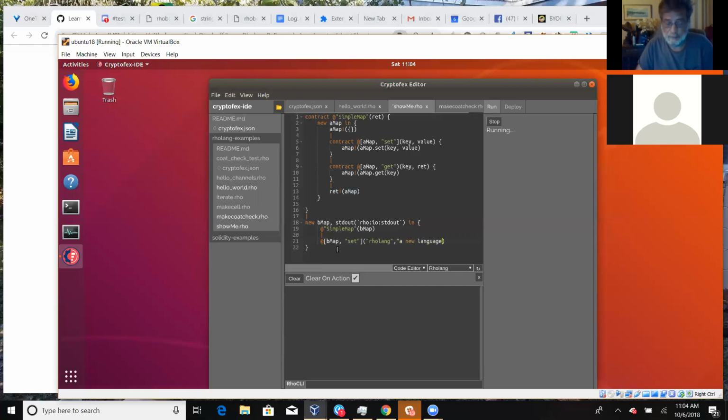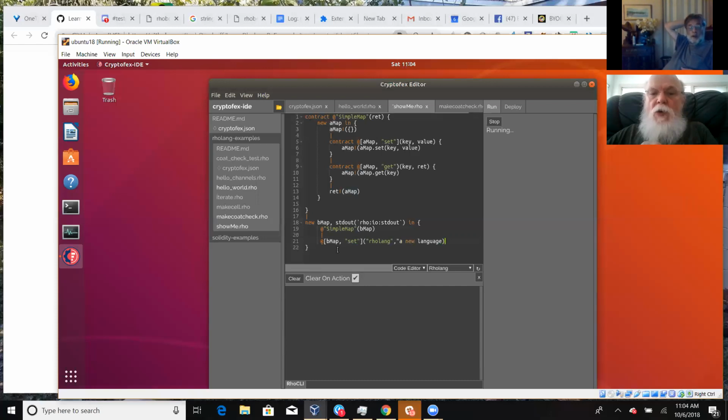And then, well, this is a little bit of a problem, because now the order I do things is important. If I do the get before I do the set, I won't get anything back.